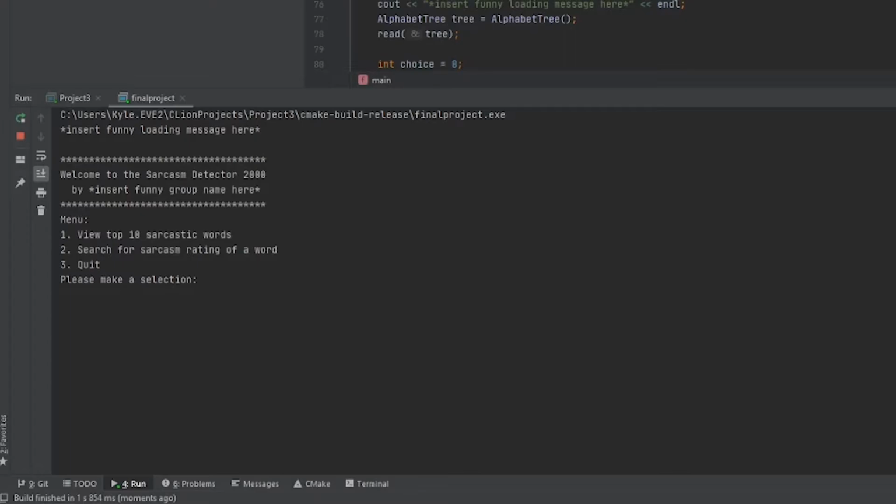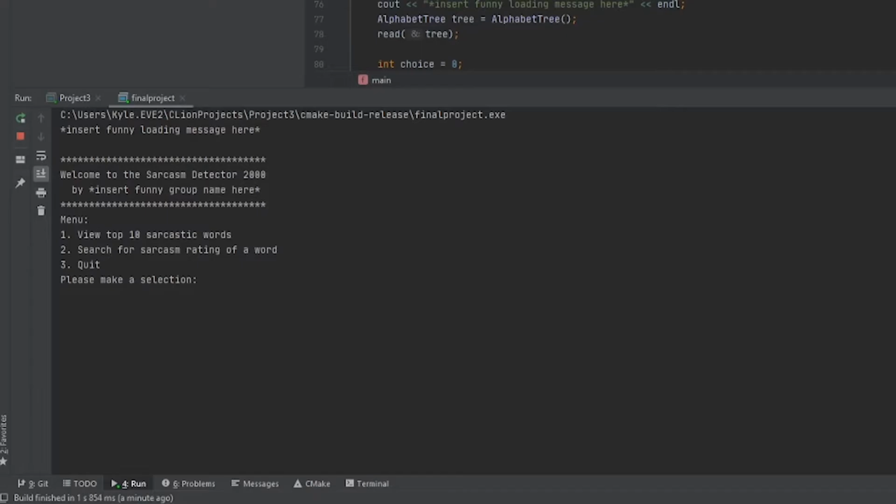Our program reads in a file of 500,000 sarcastic comments and stores each word and the frequency it appears in the file. Then, our program reads a separate file of 500,000 non sarcastic comments and filters out the words that appear in both. We did this to eliminate words that are commonly used in all English sentences, such as the and a, and to only leave words that are explicitly used in sarcastic comments.